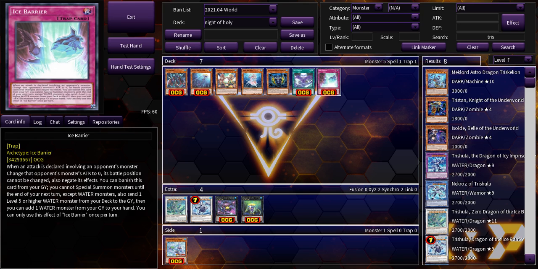So this card is pretty decent, but unfortunately standard water decks don't really run traps. Battle traps specifically, they definitely don't run, because Mermails themselves rely on their monsters and spells to do their work for them. Traps, for the most part, slow the deck down and not allow the deck to be as consistent as it needs